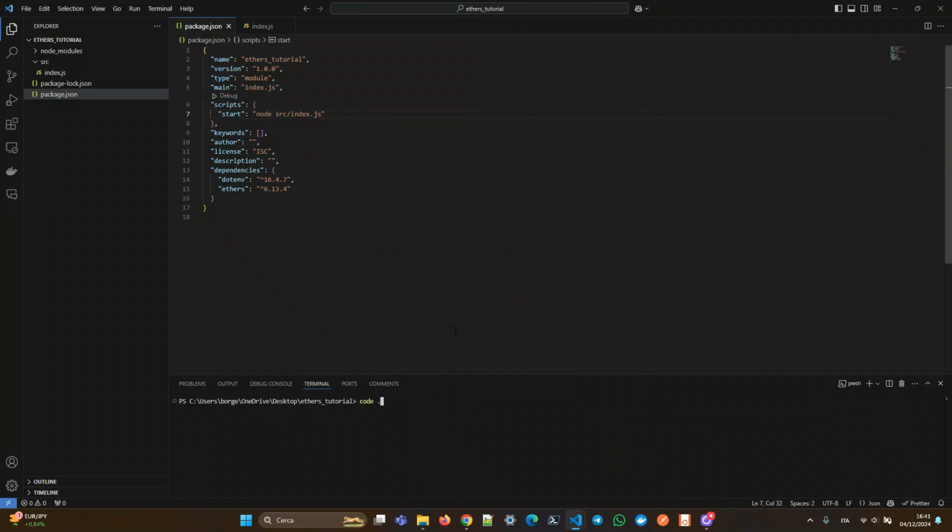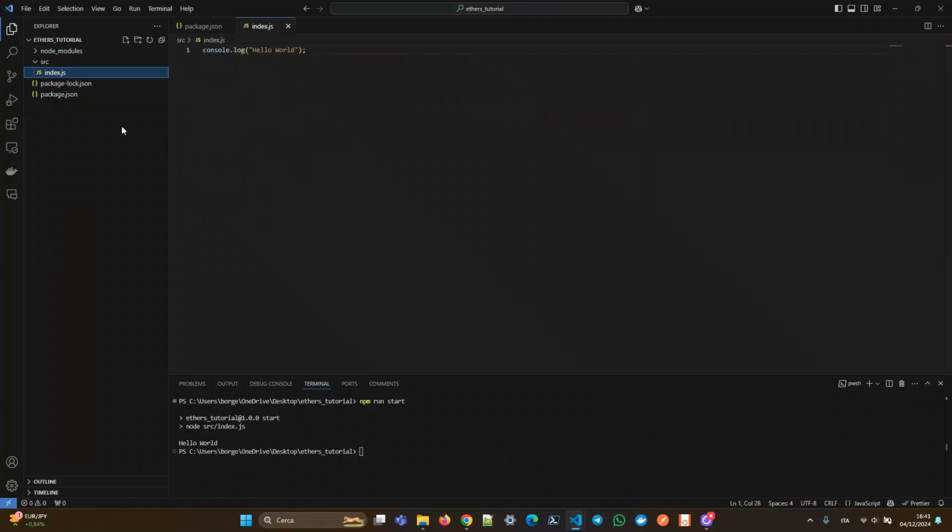Let's see if it runs. So npm run start. Okay, hello world. So we have correctly made the setup of